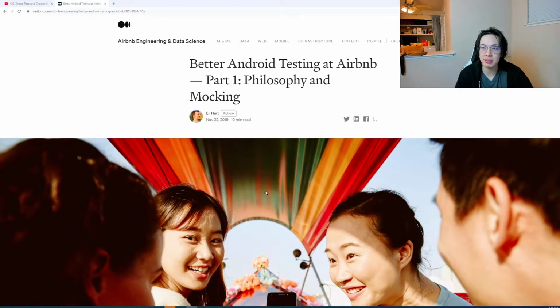If you're not interested in me talking through several blog posts, the long and short of it is that Airbnb tends to actually follow the Android recommended guideline for model view model architecture. However, they add their own caveats, tweaks, twists, and turns in order to help make the testing and architecture scale. And you'll see that a lot of techniques that they use in order to achieve this are actually classified as